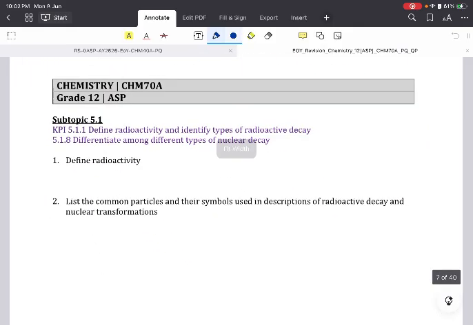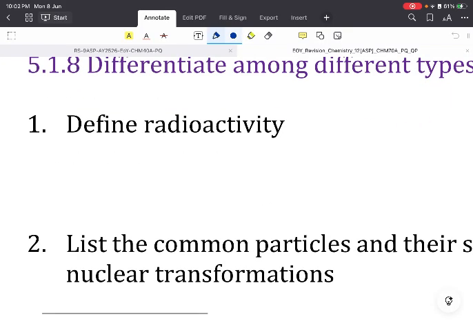So let's first begin with the first question, topic 5.1, define radioactivity. So radioactivity is the emission of subatomic particles or high energy electromagnetic radiations by the nuclei of certain atoms. Such atoms are said to be radioactive. So I can say radioactivity